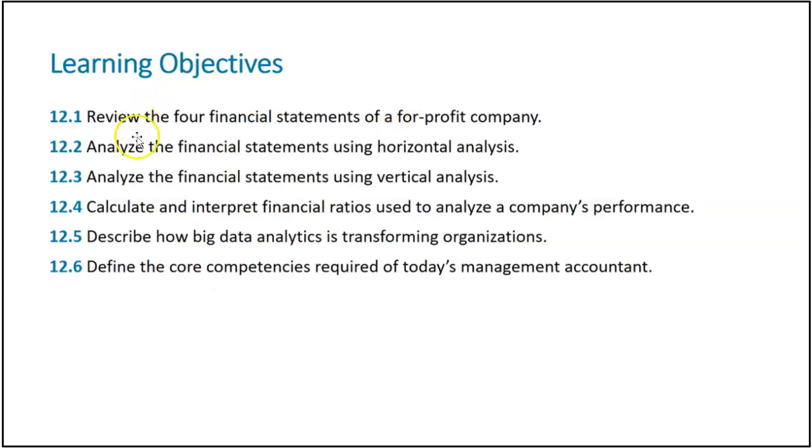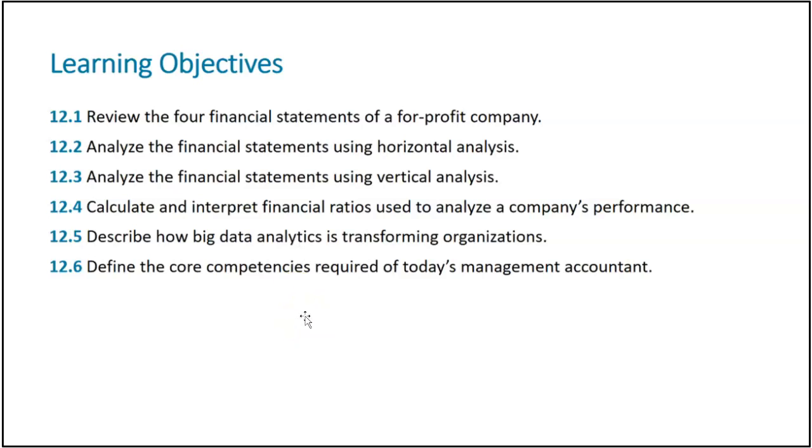So the objectives here, we're going to start out with the 4 financial statements of a for-profit company, then a couple analytical things. We'll look at horizontal and vertical analysis, and these are nice connections to 2071. Then we'll interpret some financial ratios that we use to analyze a company's performance. Okay, and these are a little bit more advanced, but there's still a really good connection to what we do in 2071, where you can actually do something to affect these ratios. Okay, in financial accounting, you report about them, but in managerial accounting, you can impact the ratio. And then we'll discuss briefly what the impact of big data is on transforming organizations, and then core competencies required